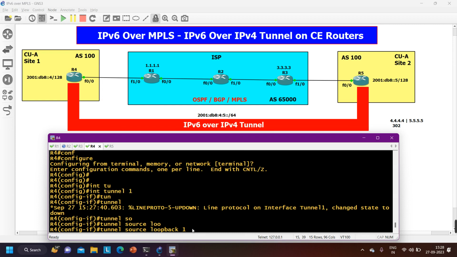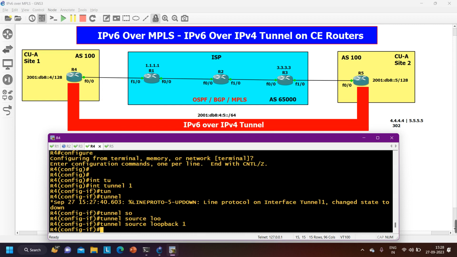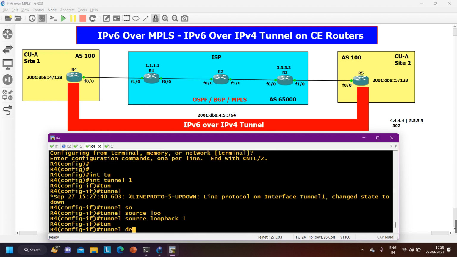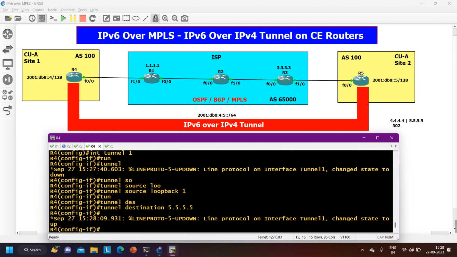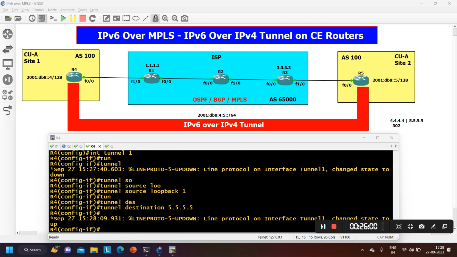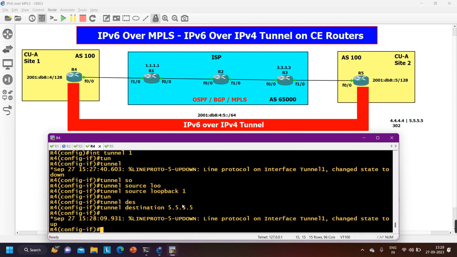So your tunnel source is loopback 1, and tunnel destination is going to become 5.5.5.5. So whenever it will encapsulate the GRE header, in the outer header the source will be 4.4.4.4 and the destination will be 5.5.5.5, because the tunnel source you have defined is 4.4.4.4 and the tunnel destination you have defined is 5.5.5.5. Okay, so on router number 4 I have defined the tunnel source and tunnel destination,